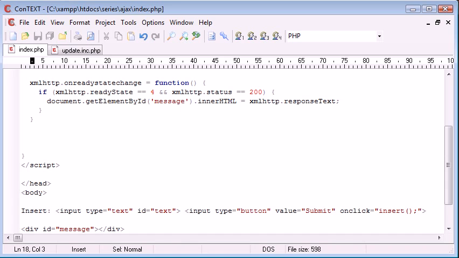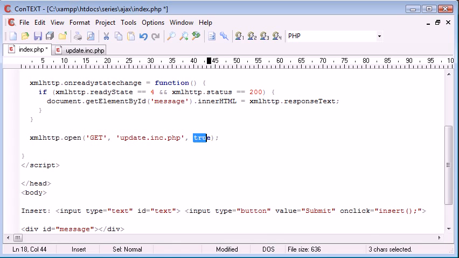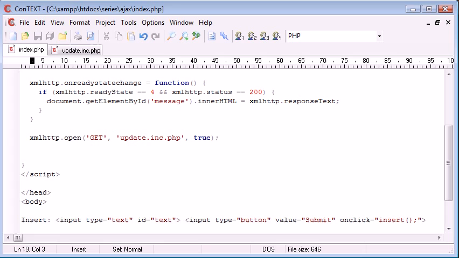Now if you watch the other tutorials, you'll see that we've used xmlhttp.open, and then we've supplied 3 parameters. Don't forget the semicolon at the end. The first parameter was get, the next was the file, so this was update.inc.php, and then it was true because we're sending the data asynchronously, so we need to set this to true. It's actually true by default, but I tend to put it in anyway just for my own peace of mind. So now we say xmlhttp